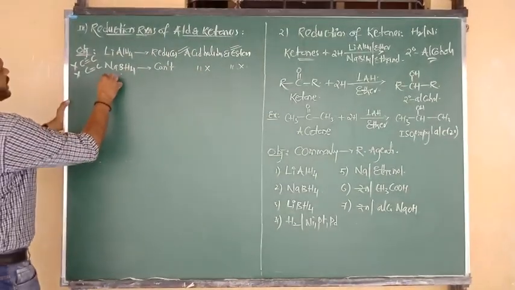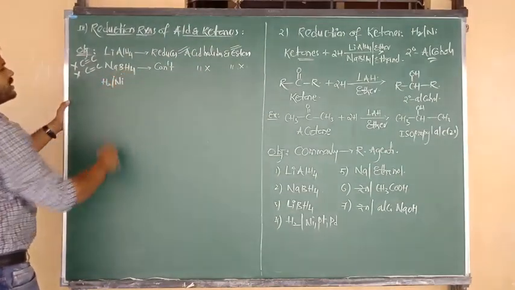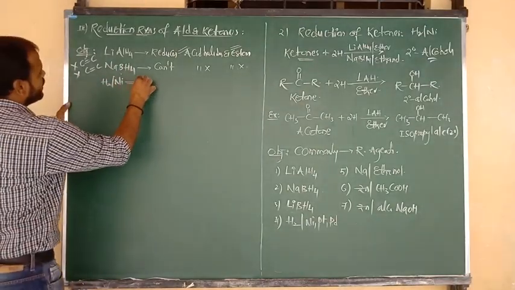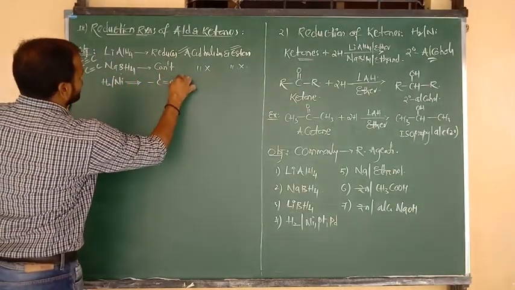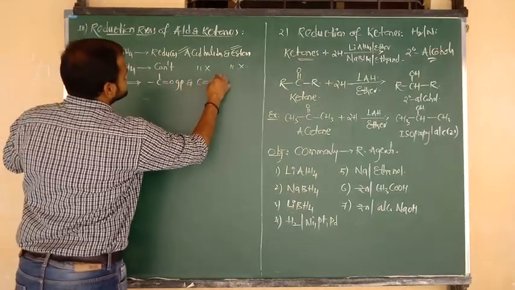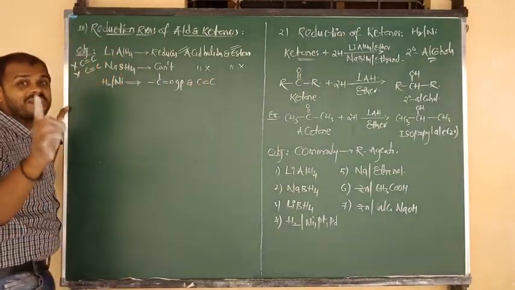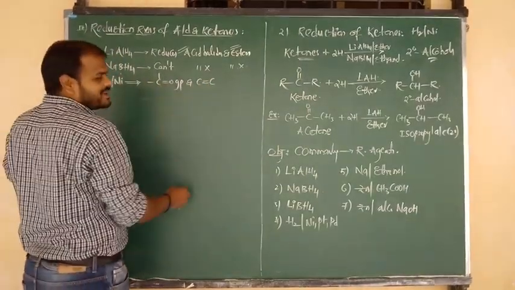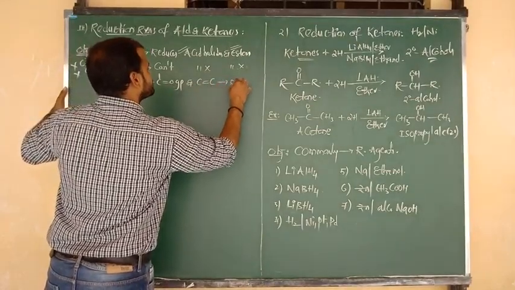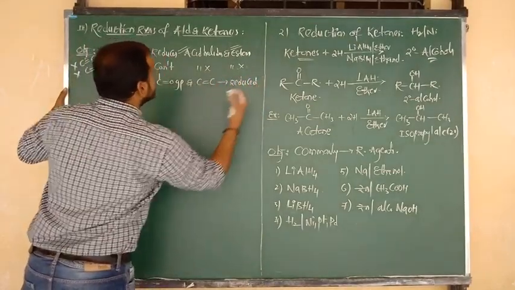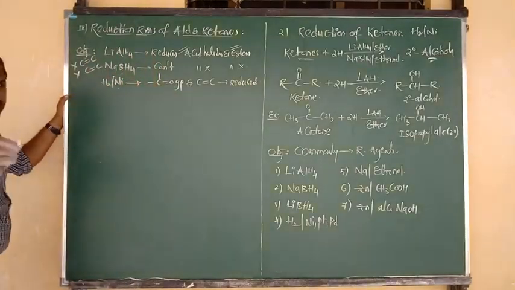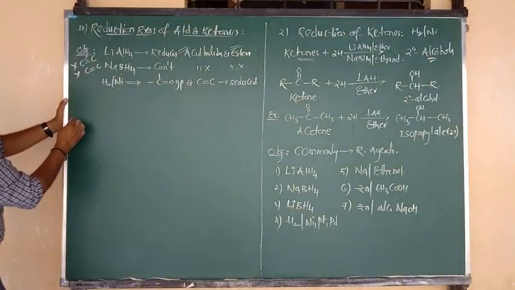And one more very important: catalytic hydrogenation, addition of H2 in presence of nickel, platinum or palladium. But be very careful, as it can reduce the C=O group, meaning aldehydes and ketones, and it can also reduce the double bond into a single bond, very important. So carbonyl functional groups and double bonds can both be reduced by catalytic hydrogenation. On the basis of these three, I am going to give you one question, try to see the answers.